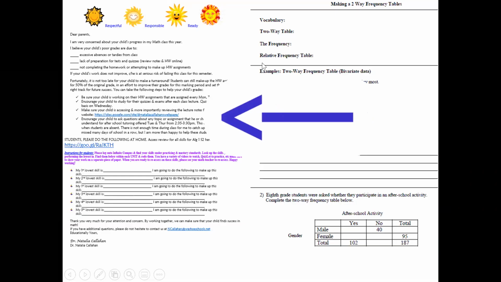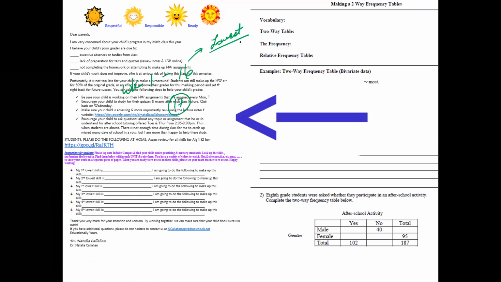All right, so today I have a few things I want you guys to start off with. Take a look at the left side. On the left side, you need to go to Infinite Campus. On Infinite Campus, you have grades for week 1 to week 16, which is last week. This week is week 17, so you haven't had a grade for 17 yet. I want you guys to pick the lowest grade that you have for week 1 to 16, and then